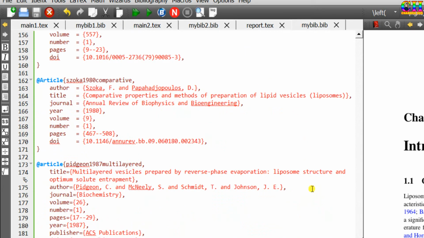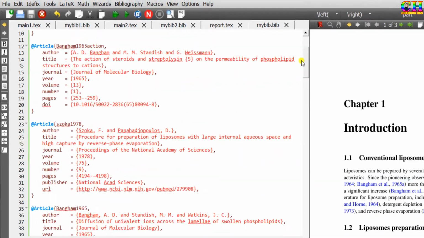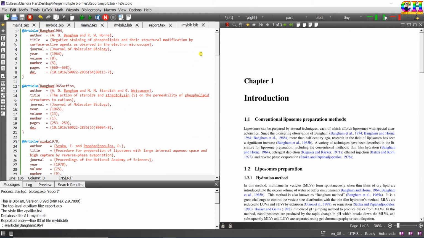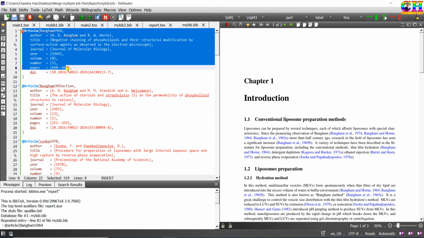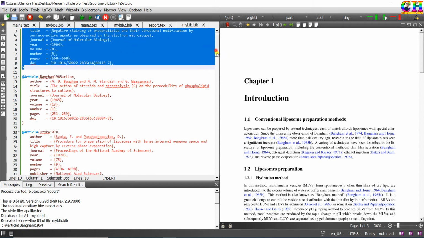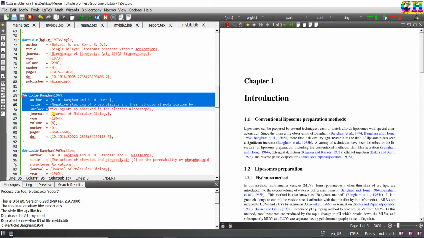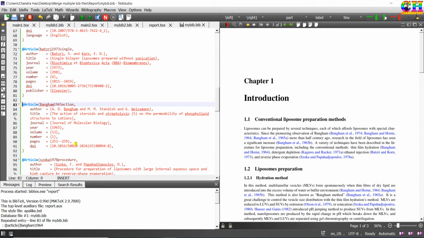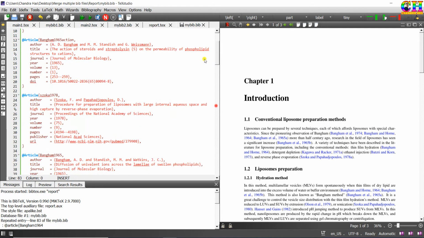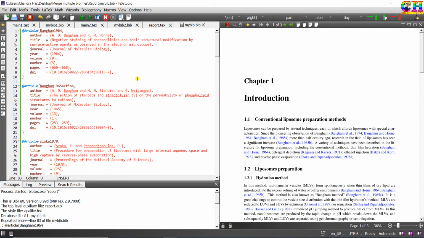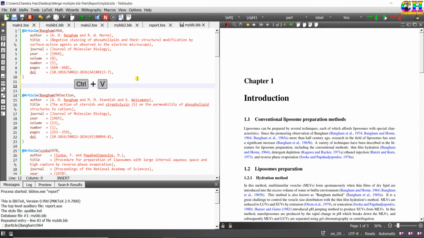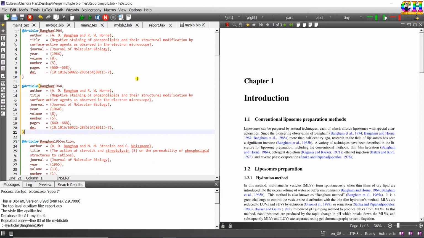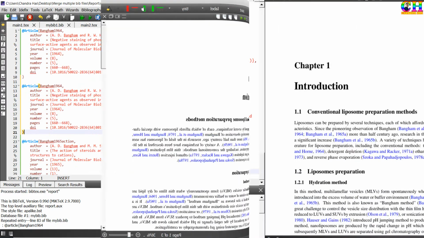to do manually. Now for better understanding, I will keep all the exactly same or similar references in one place so that we can see which one is coming properly and which one is not. This reference has been used twice. I'll put this one at this place. Similarly, I'll do it for the others and will be back once it is done.